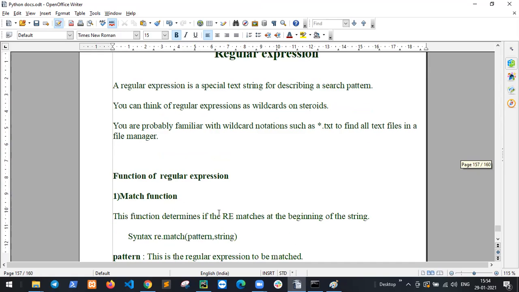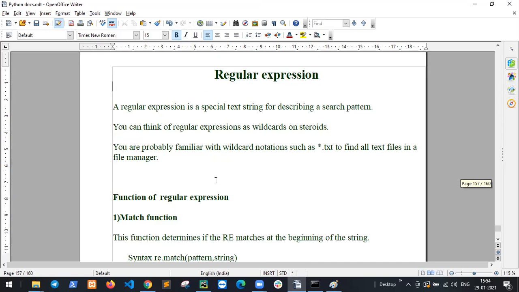Any doubt regarding regular expressions? No, sir. Souvik, any doubt? No, sir. Okay.